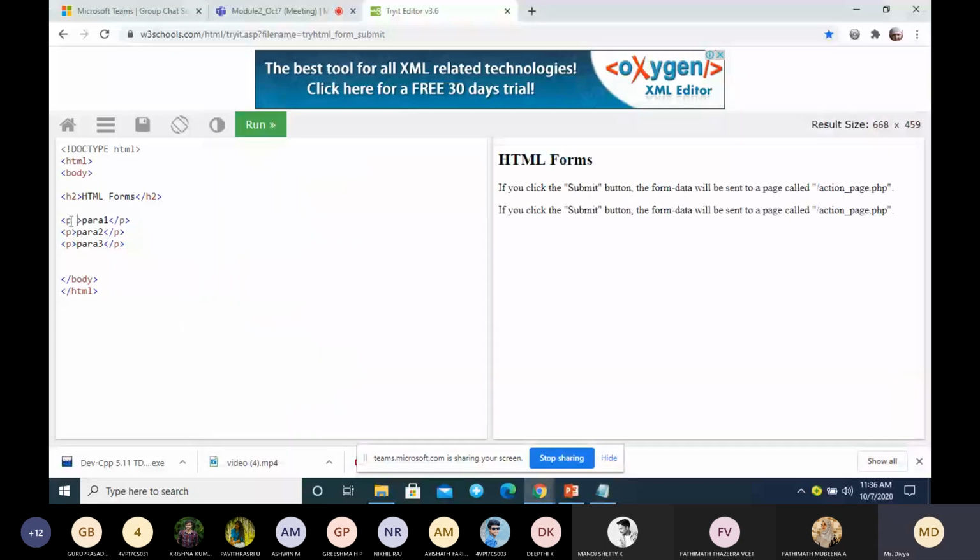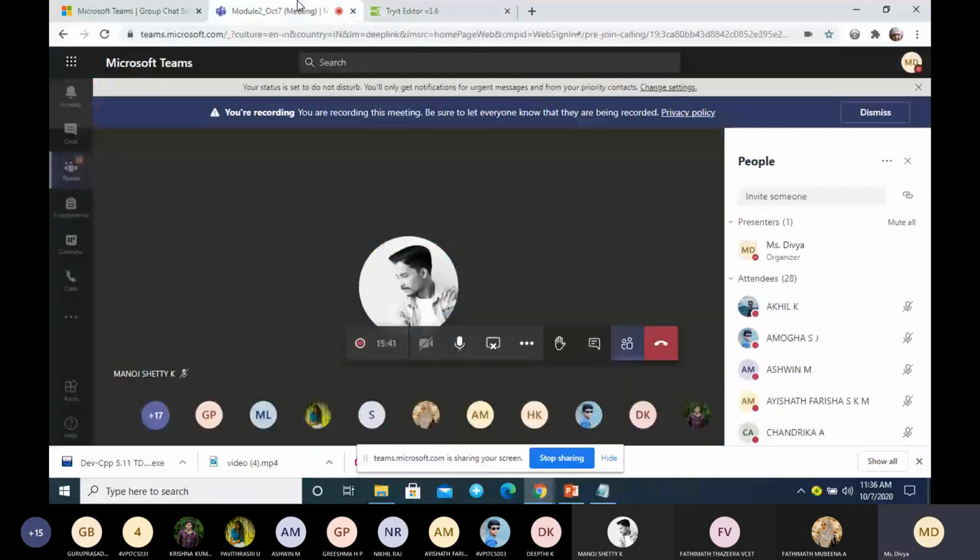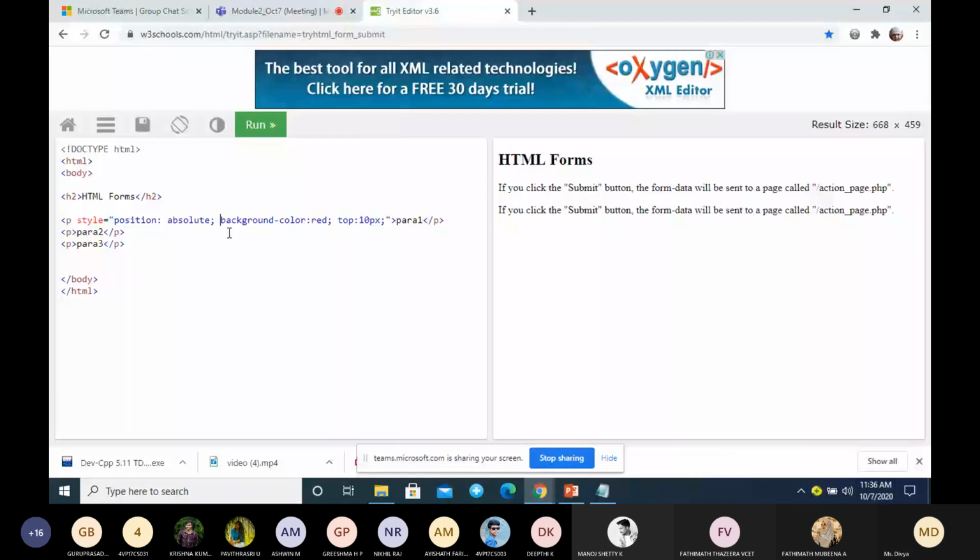And you can give the style. What type of style is this? What are the different types of styles we have based on the location? Inline. Then what are the other two?